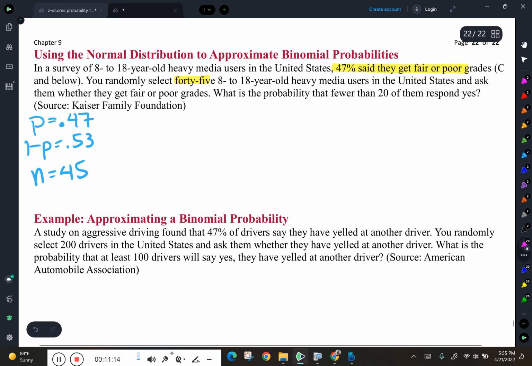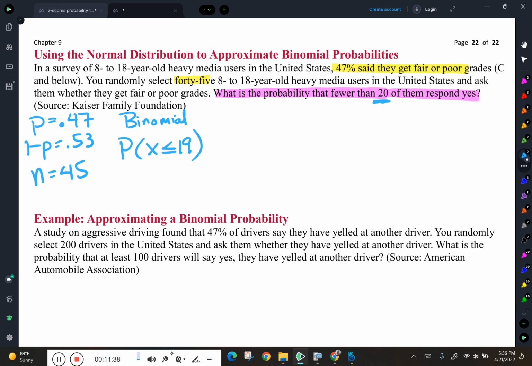So let's look for the question. What is the probability that fewer than 20 of them respond yes? Right? So binomial, I would want the probability that x is less than or equal to 19, because fewer than 20, discrete random variable, next number down from 20 is 19, right? But I want to turn this into a normal approximation. So when I turn this into a normal approximation,